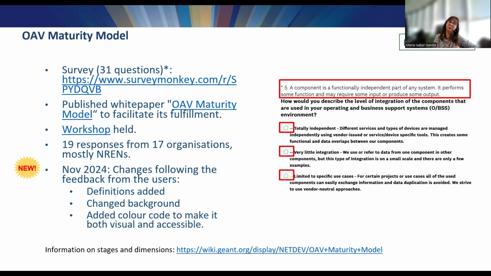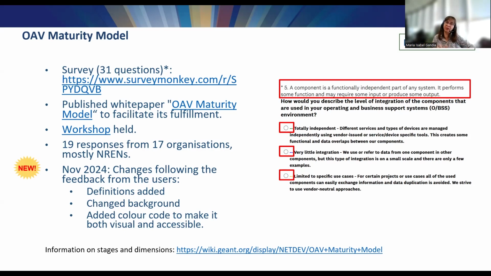The news about the maturity model is that, following the feedback from the users, we have recently changed our survey. We have changed the background because there were some accessibility problems. We had also put colors following the same colors as in the white paper and on the website, but this was a little bit difficult to read for some.